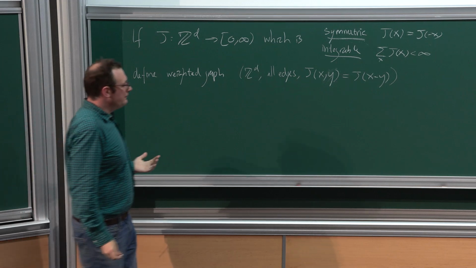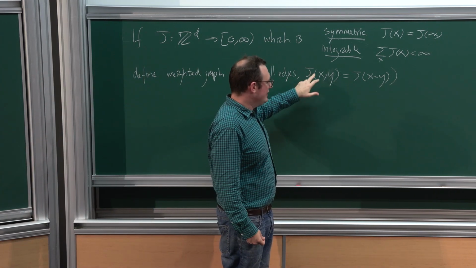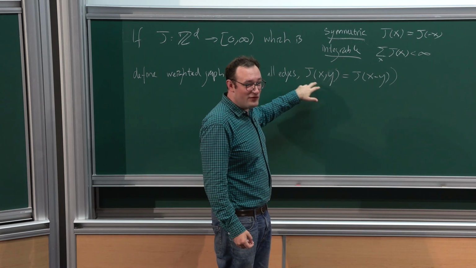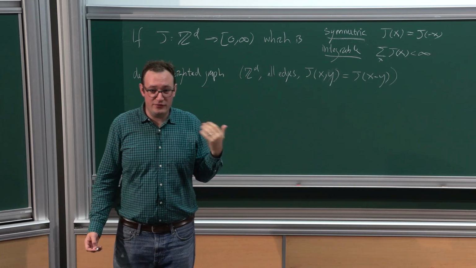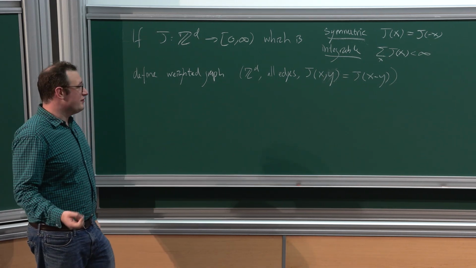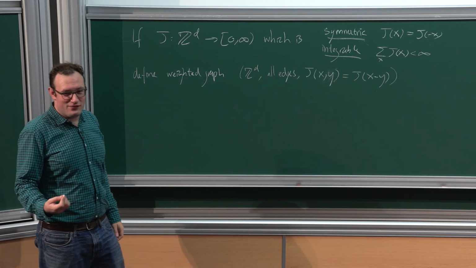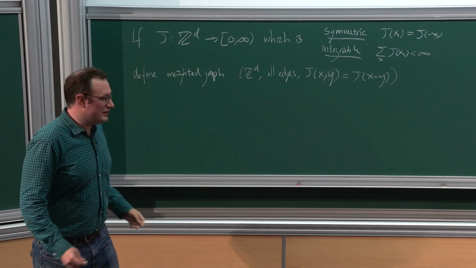Okay, so as we continue, I won't really distinguish between this kernel J being a function of two variables or a function of a single variable. Of course, these are equivalent, except later on in some of the proofs, we'll actually want to consider non-translation invariant kernels, and then, of course, we'll want to use this notation with two points.